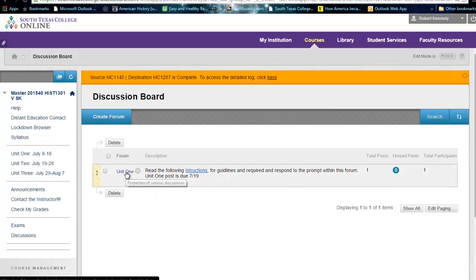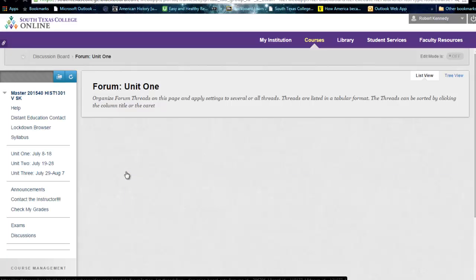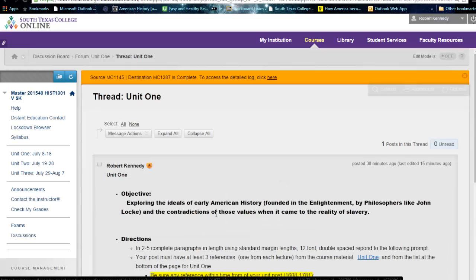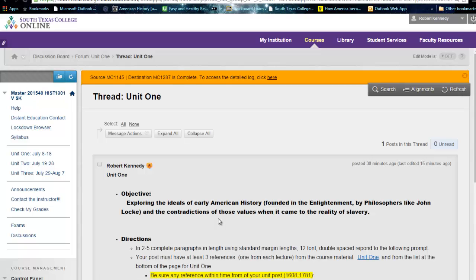So here we go. Here's the forum. You're going to click Unit 1, and the thread is already up there. So you just go ahead and click here. And the objective. Basically, for Unit 1, what we're doing is exploring the ideals of early American history founded in the Enlightenment by philosophers like John Locke, and the contradictions of those values when it came to the reality of